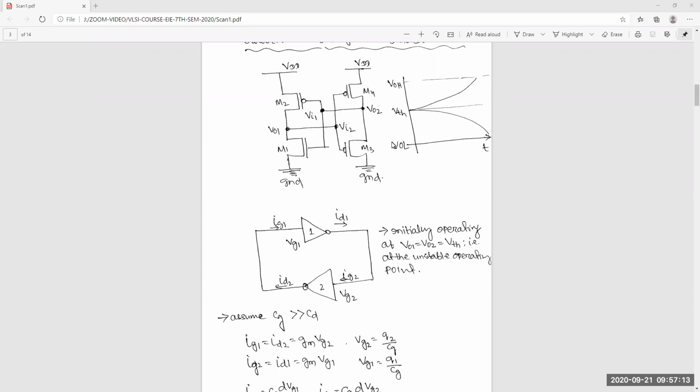Qualitatively, you can understand that once some voltage changes positively here, this will go down, then this will go up, and again this will go down. So we get positive feedback. That we have already discussed.